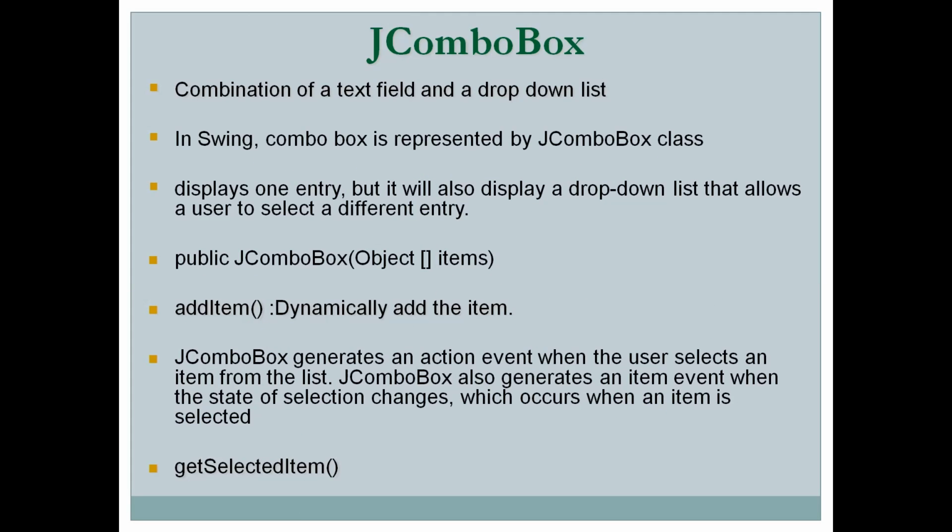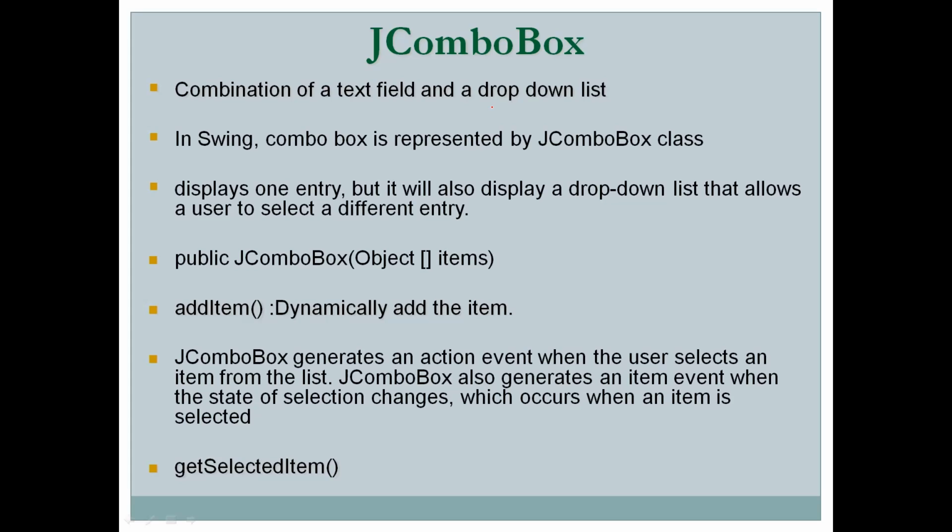JComboBox is a component which is a combination of JTextField and a drop down list. As a text field displays and allows us to edit a single item, even in a JComboBox it displays a single item at a time and allows you to edit an item. Like a drop down list, a JComboBox also displays a list of items when we click on the arrow which is displayed along with a JComboBox.